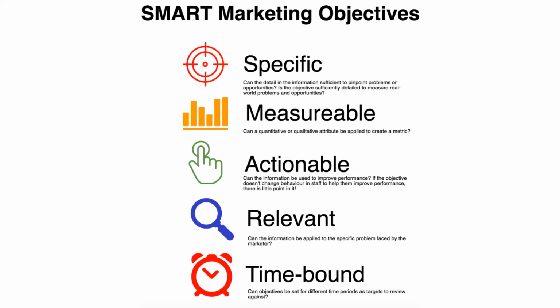We want to make sure that objectives are measurable. We need to be able to know for sure whether the objective has been reached or not. We need to make sure the objectives are about something the company can actually take action on. They need to be attainable or actionable. They need to be something that we can actually create changes in the company in order to achieve the objective.